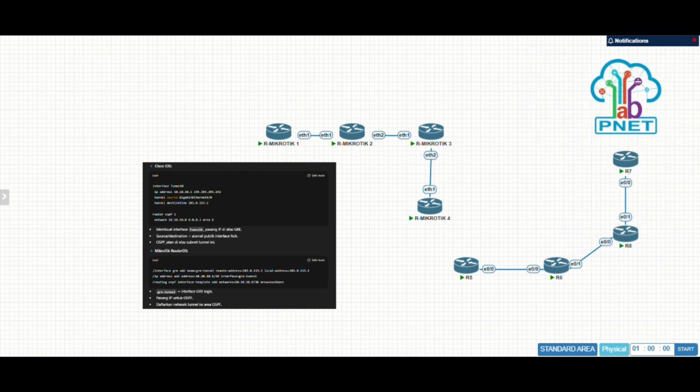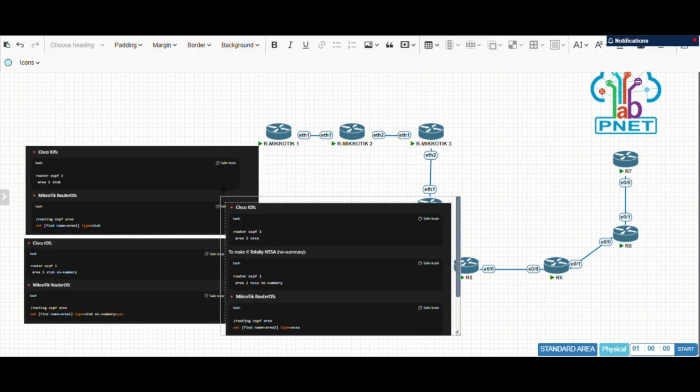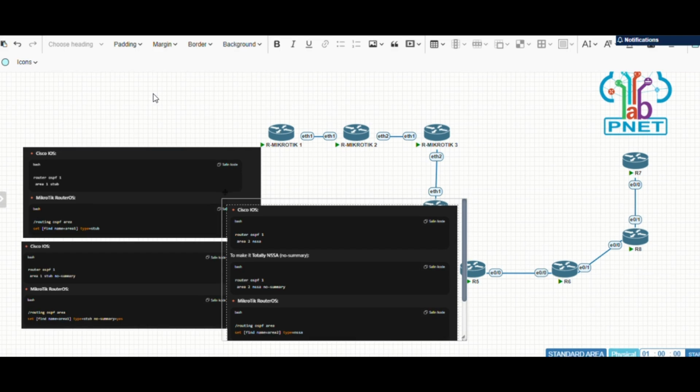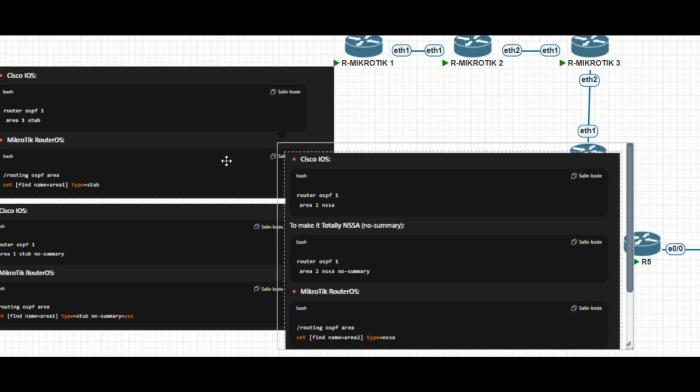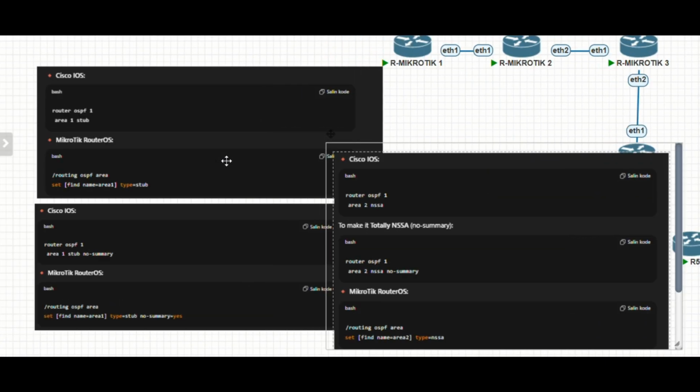For the next, configuration about stub area, NSSA, or totally stub. These are the three types. First is about the stub area.